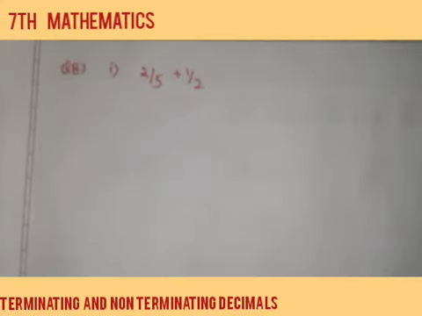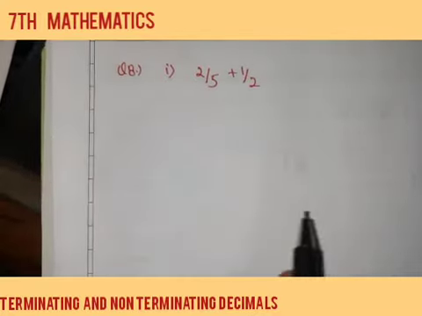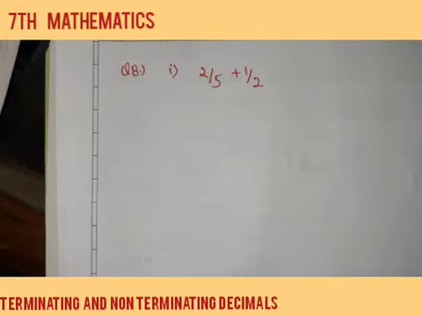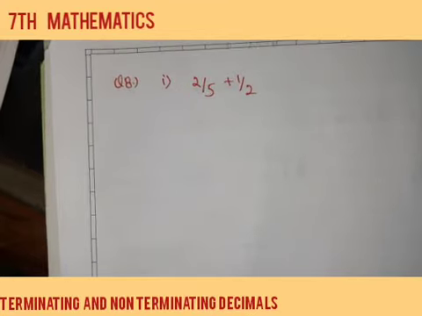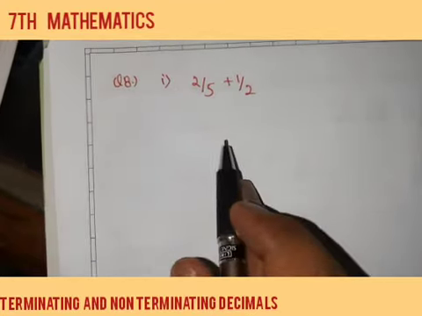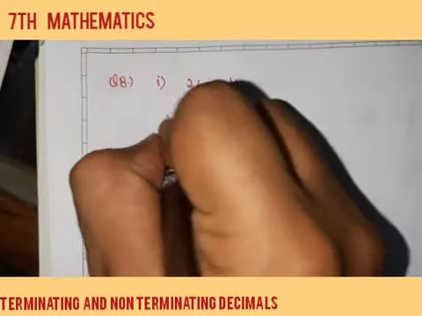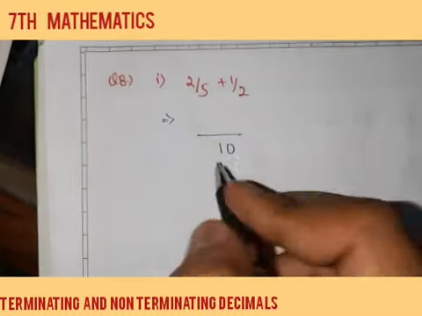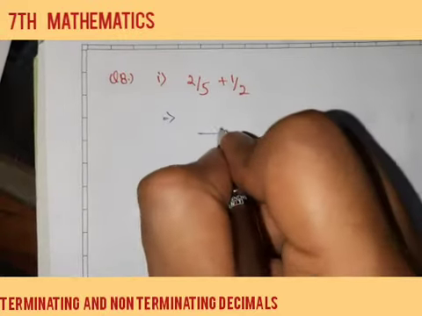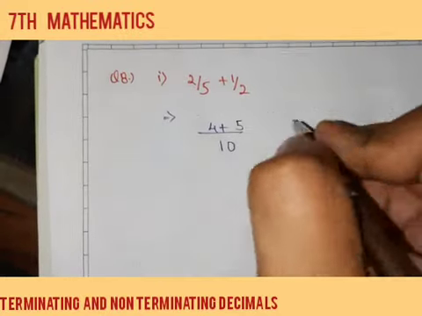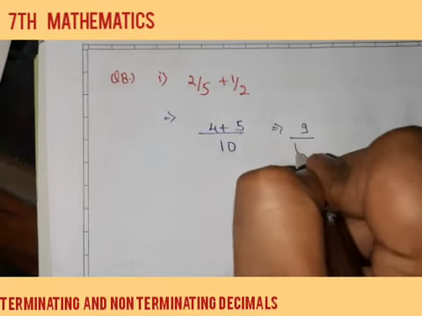Simple. Now our next question is, simplify the following expression and state whether the simplified numbers can be expressed as terminating or non-terminating. Okay, so it's a very simple question. We simply first need to simplify it and then state whether they can be expressed as terminating or non-terminating. So first take LCM. So LCM of 5 and 2 will be 10. So it will be 5 into 2, 4 plus 5, that is 9 upon 10.